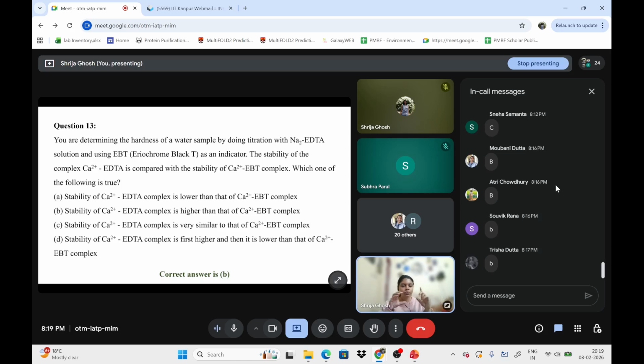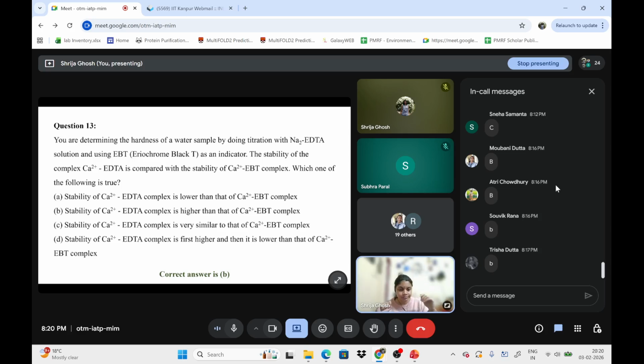Once we start adding the EDTA solution to the water sample, all the Ca2+ will start binding to the EDTA, and there will be a point where all the EBT molecules are free of Ca2+, and the free EBT gives a blue color to the solution. The Ca2+ EBT complex gives a black color to the solution. So the change from black to blue indicates that all the Ca2+ has now bound to